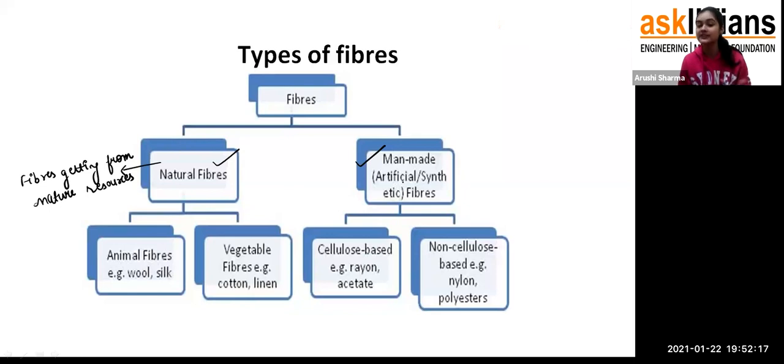And the fibers which have been prepared by man, like human beings, or by using chemicals or machineries. Oh, sorry. See, machineries have been used for natural fibers also. Like we prepare them by using the machine, not exactly machine, but by the thinking of the human beings, we call them man-made fibers or synthetic fibers. So fibers obtained, or you can say fibers made, by the thinking of the human beings,